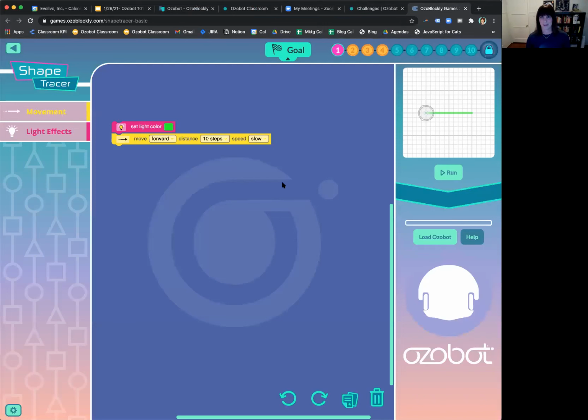There are 10 levels for each one of these, so 30 levels total. Students are programming a virtual robot in the little simulator in the upper right. That could be a great way to keep using Ozobot even while some students are at home.